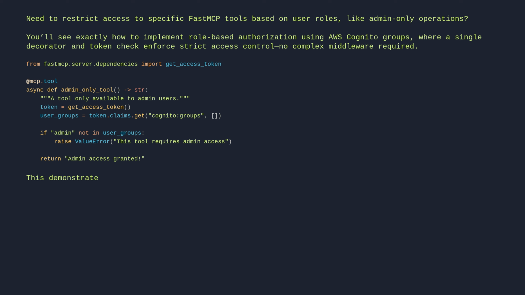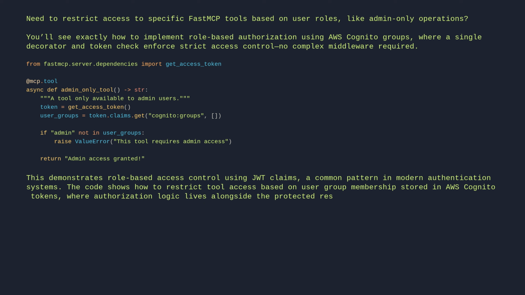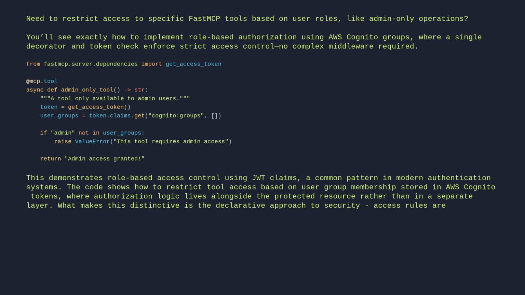This demonstrates role-based access control using JWT claims, a common pattern in modern authentication systems. The code shows how to restrict tool access based on user group membership stored in AWS Cognito tokens, where authorization logic lives alongside the protected resource rather than in a separate layer. What makes this distinctive is the declarative approach to security: access rules are expressed as simple conditional checks against token